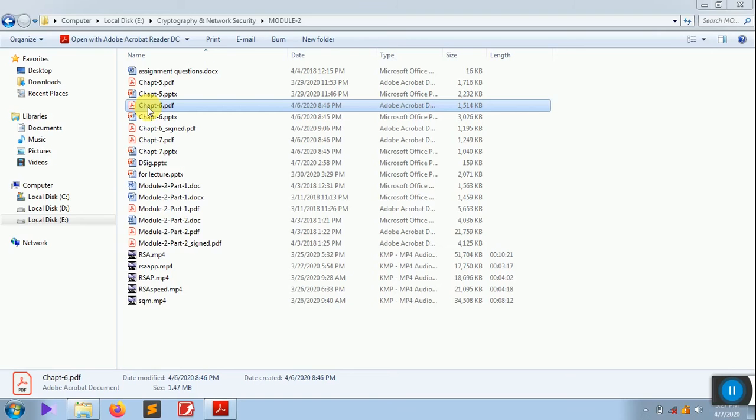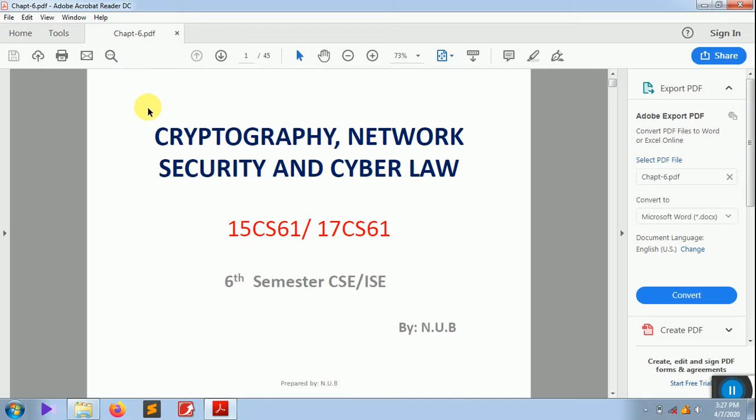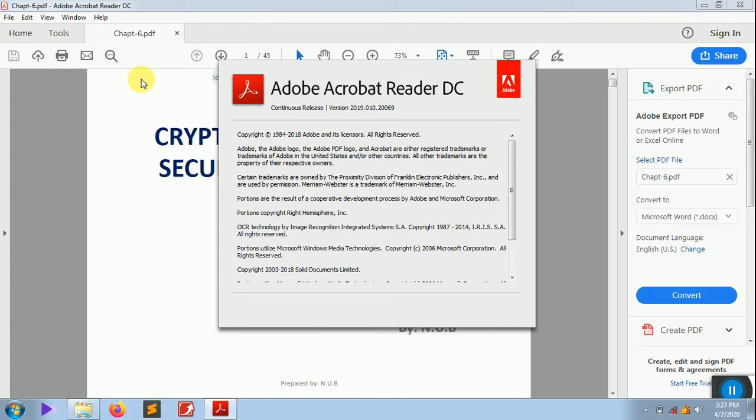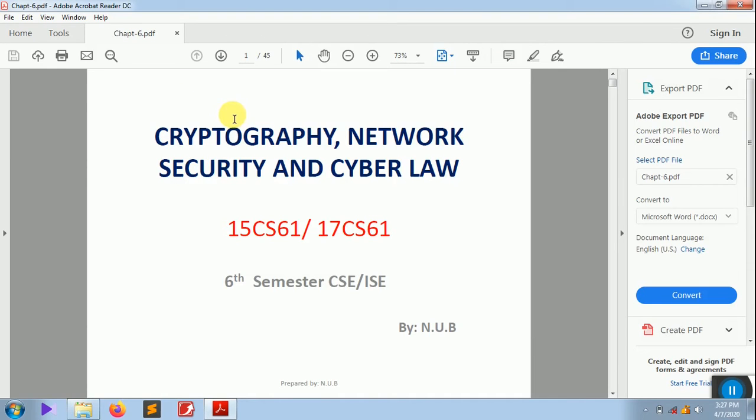So I have a PDF document here which is not yet signed, and it is opened up in Adobe Acrobat Reader DC, and the current version of the Acrobat Reader is 10.2. You can make use of a version which is above 10. So if you want to sign a document digitally, you'll be getting these tabs. Just go to the tools